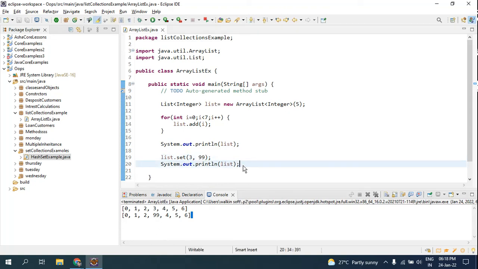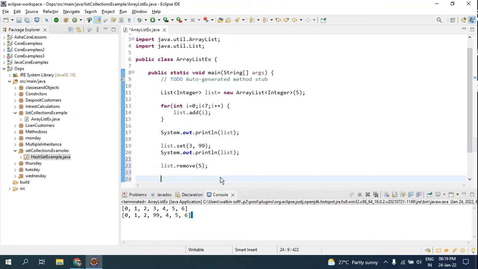So this is about array list, and you can even remove the elements. Now if I go here, you can remove it by using your object name dot remove method, and here you have to mention the index what you want to remove. Suppose I want to remove 5. What is its index? 0, 1, 2, 3, 4, 5. So if I place my index 5, remove, and then if I check my list, how you are going to check the list? Using sysout. Now if I run my example,